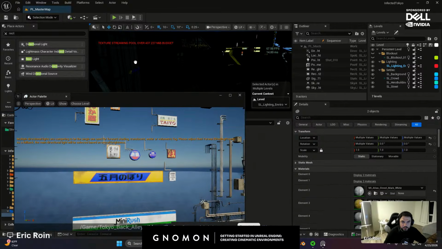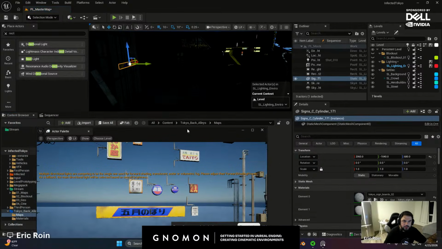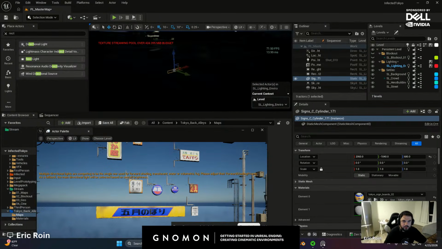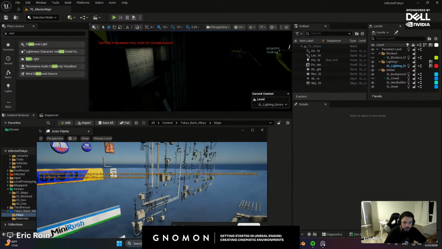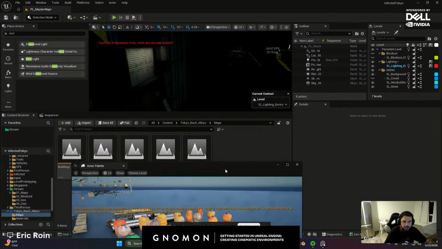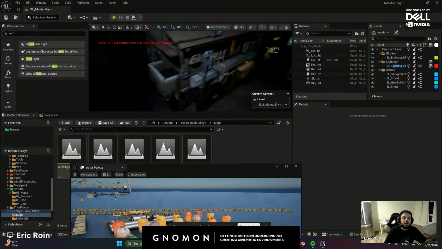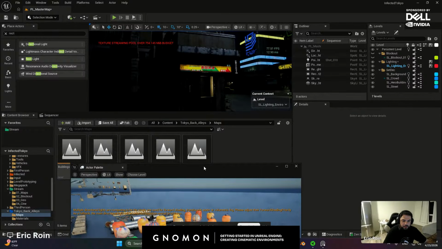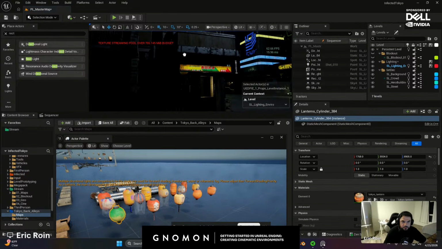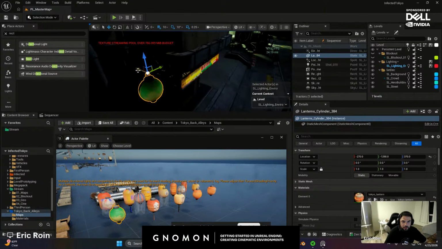I can just drop it in here and see how that links to viewports. Pretty impressive. Can be again a huge time saver. So if I'm looking for a light source or any kind of set decoration, let me demonstrate that one more time. Maybe I want to have a light source, one of these light sources here. I can drop it in. It essentially links my viewport. I don't have to go through a content browser or anything like that.